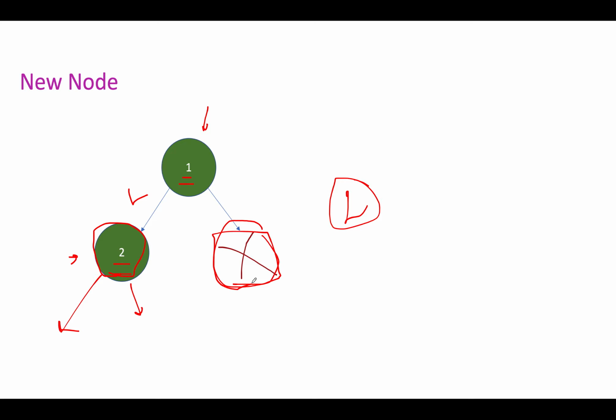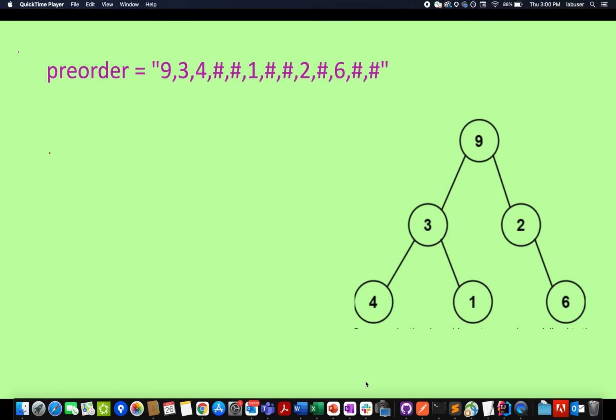If you know this information, it's well and good, and we will be using this logic to actually come up with the algorithm. Just remember, when a new node is getting added, it creates a vacancy for 2 more new nodes to come up. When a null is getting added, it exhausts a vacancy and no new vacancy is getting created in the system. Now let's look at the algorithm.